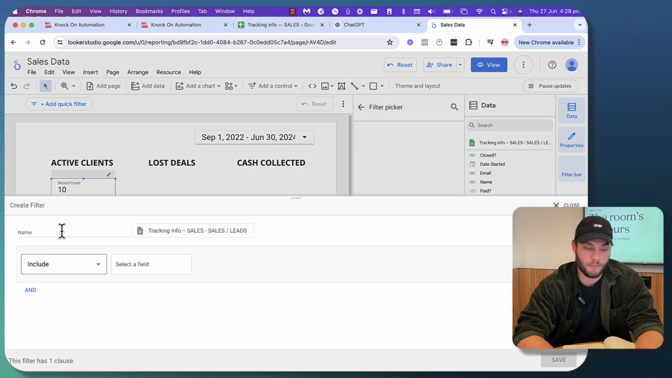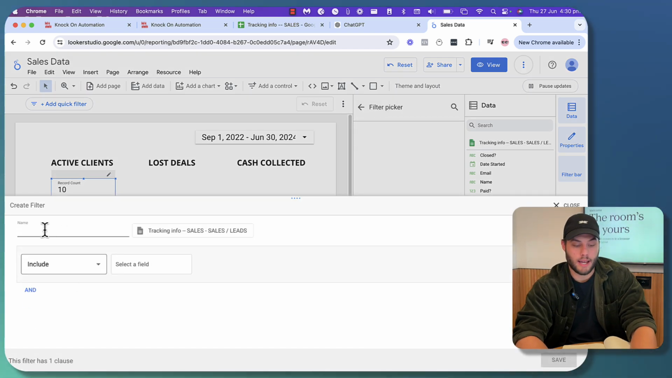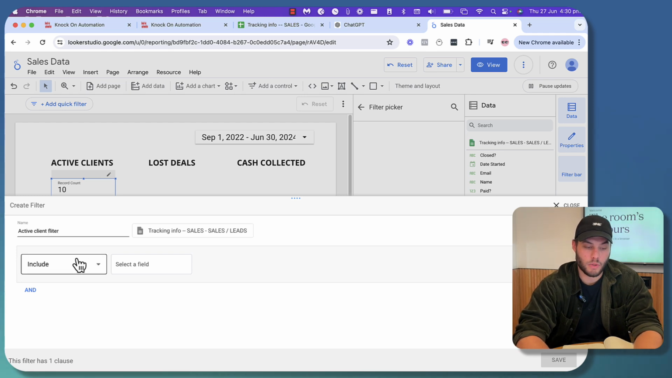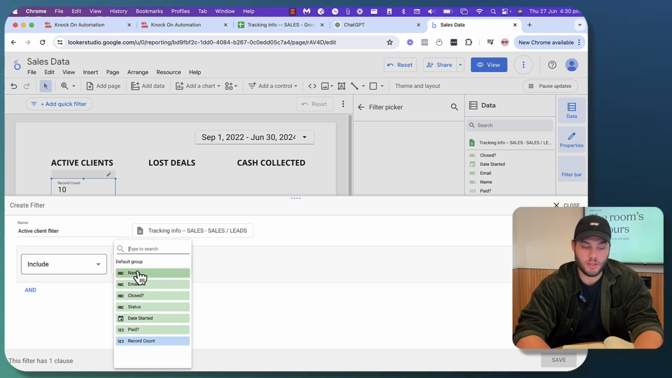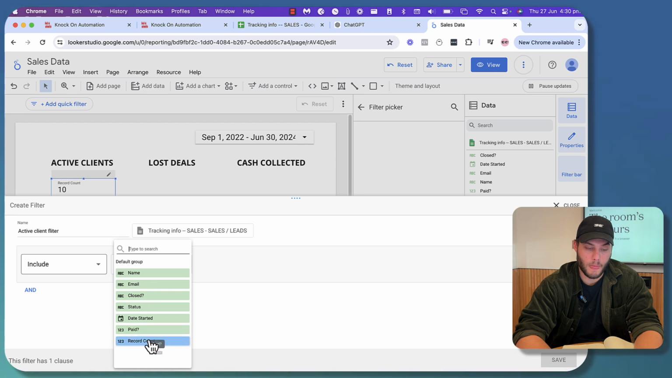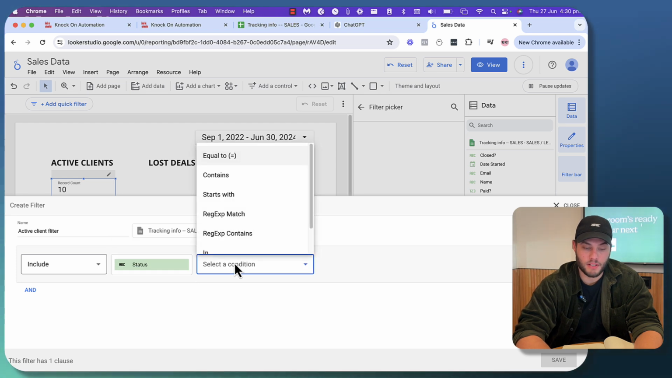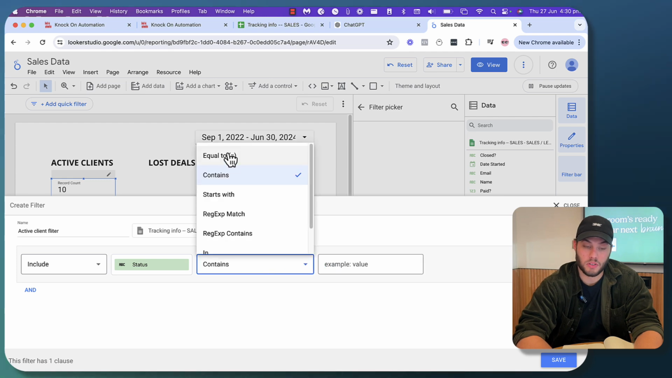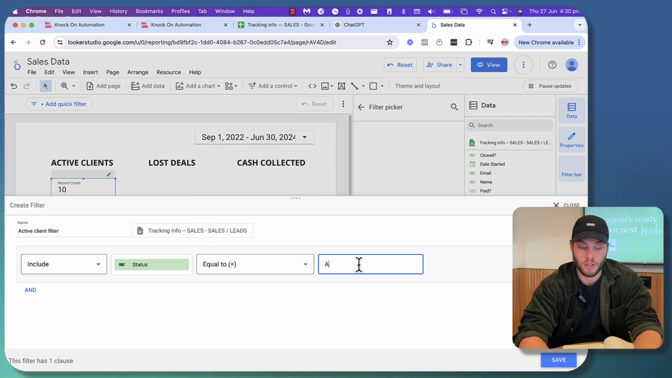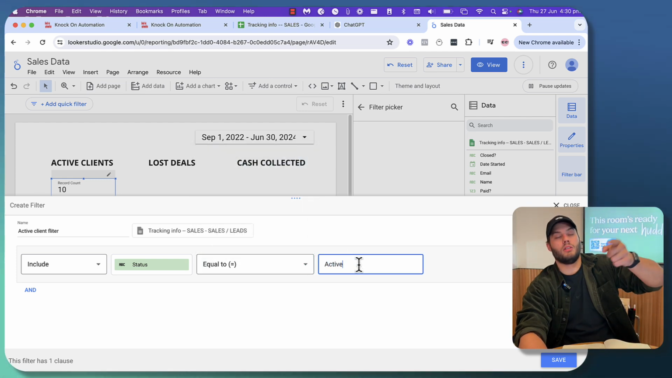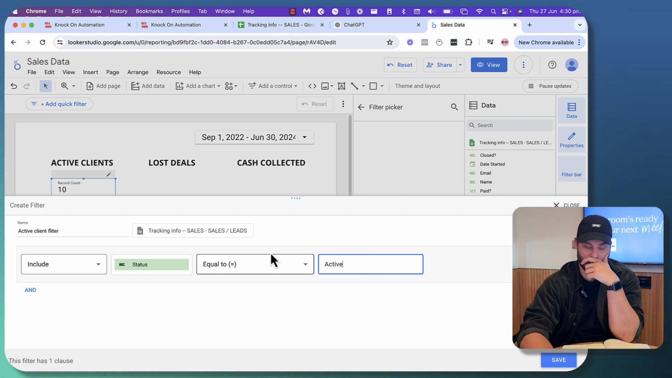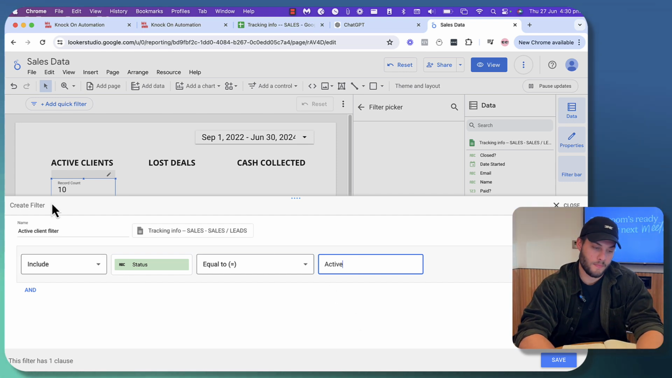So we click on that. So we're going to call it active client filter. And we are going to say includes select field. So status, select a condition, contains, actually we're going to go equals to active. The reason I'm not going to use contains is because inactive would then still get registered. So in this situation, filter out any inactive